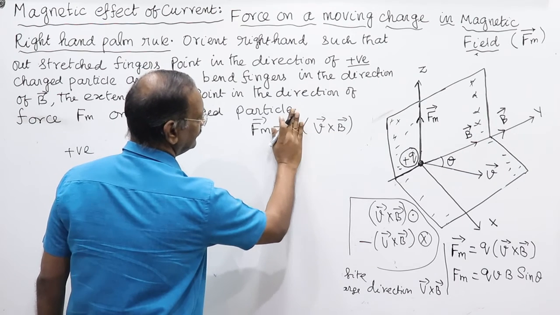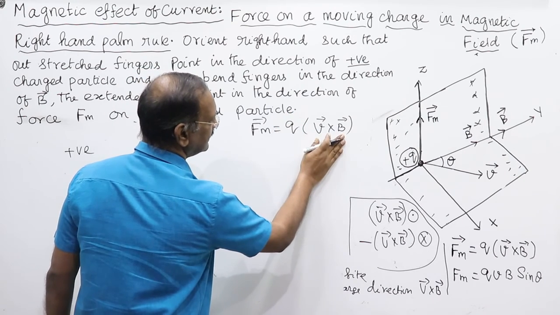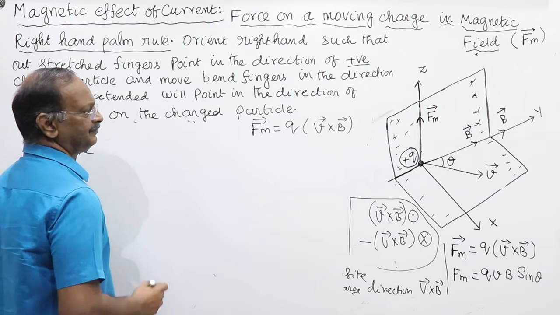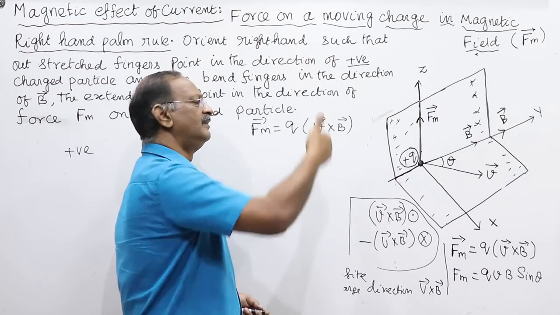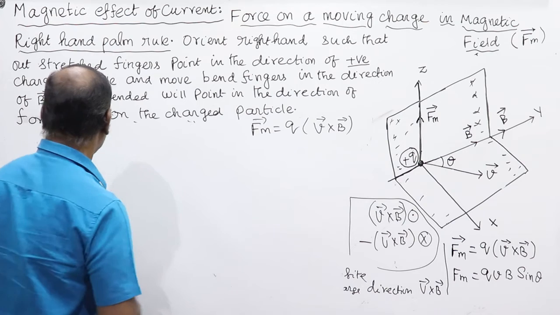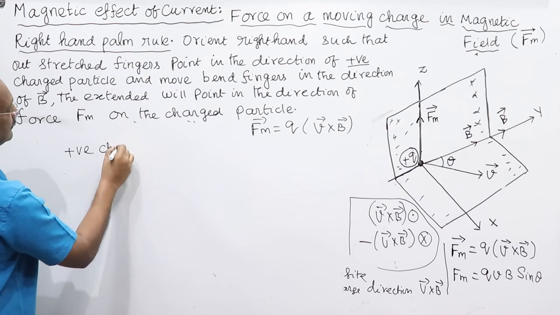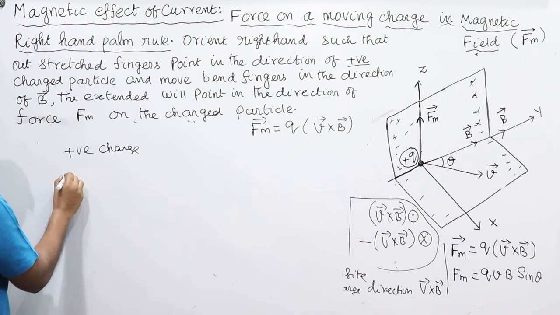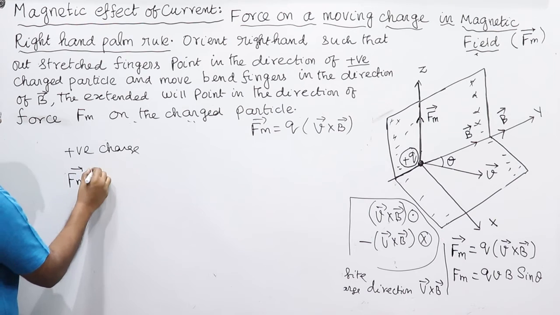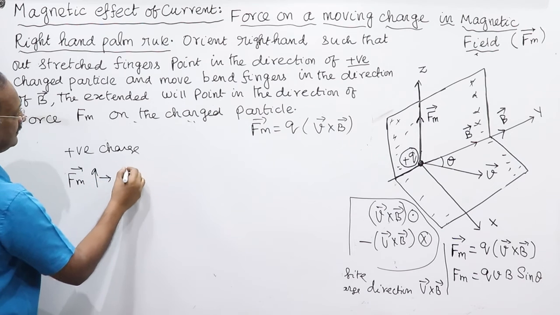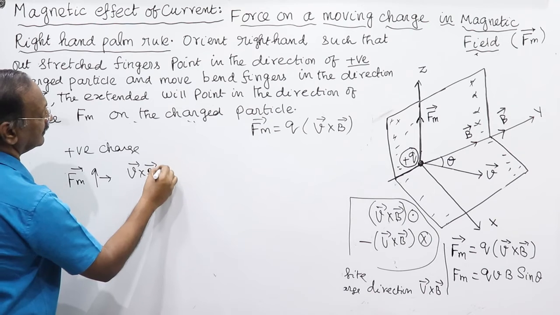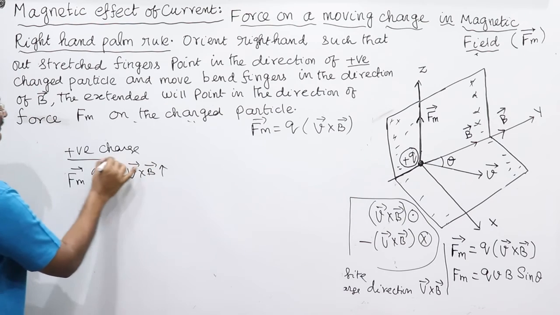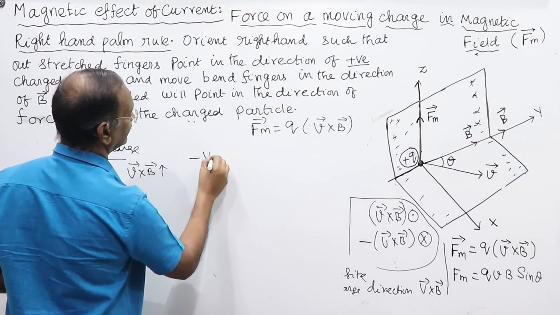This is a scalar, so we need not worry about it. Its direction and the direction of V cross B are both the same. If V cross B is in this direction, Fm will also be in the same direction. So for positive charge, Fm is in the same direction as V cross B. For negative charge,